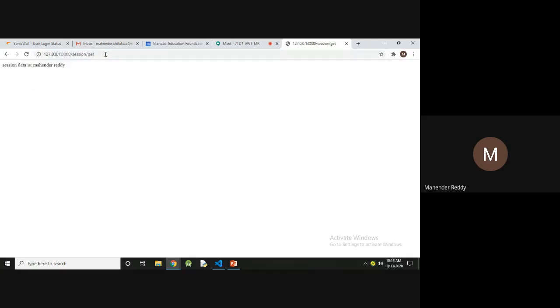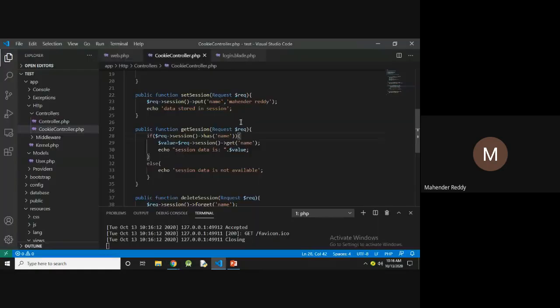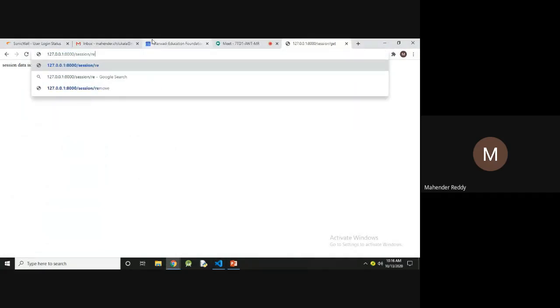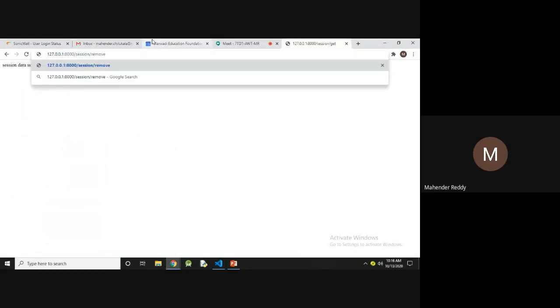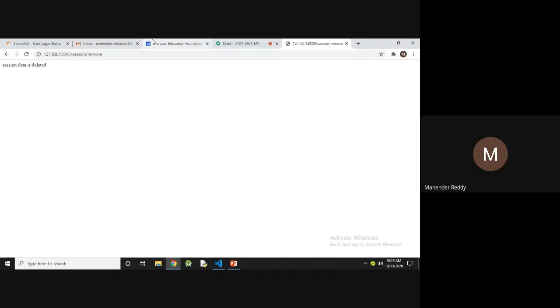Session data is Mahendra Reddy, as I gave the session data. Now I'm going to delete, remove. Session data is deleted. After that I check if the data is available or not, so I used the get method and it displays session data is not available. So the session data is deleted.